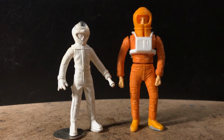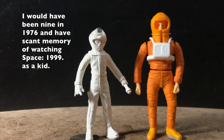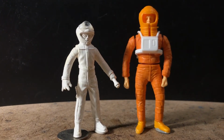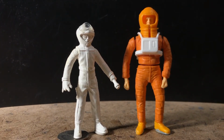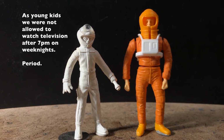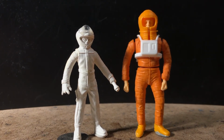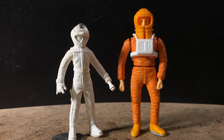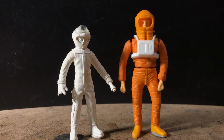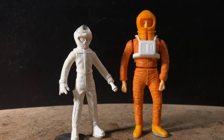I'm not really familiar with Space 1999. It aired in syndication in the United States, and it must have been on a weeknight or only on cable, because I really don't remember us watching it when I was a kid. I saw it once or twice, probably over at a friend's house on cable. I know it was on WPIX in New York. So you could see it, but it wasn't as accessible to us as like The Six Million Dollar Man and Emergency! and Star Trek reruns, which pretty much encapsulates my childhood television